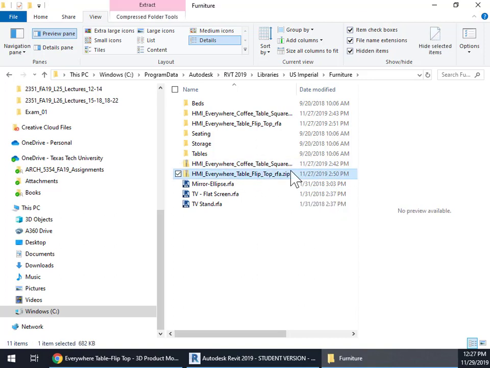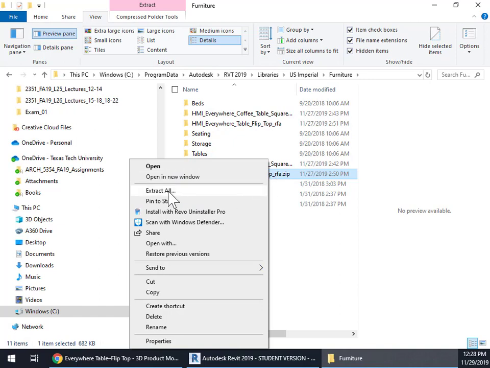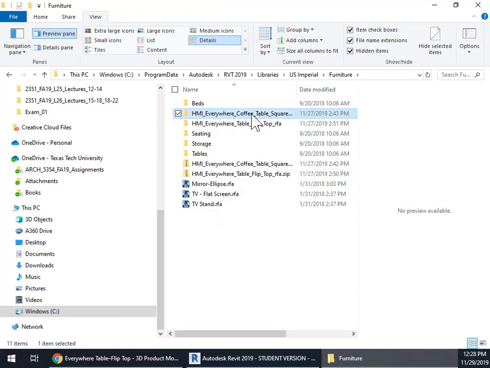flip top zip. And then I just extracted it. I right-clicked on it, extract all, and of course it created a folder with the flip top RFA file in here that we can use now to get that. The other